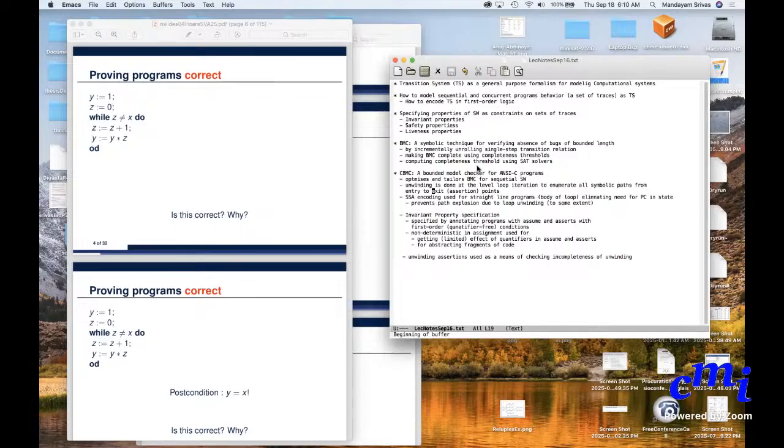And the first complete logic system that people worked on and introduced to prove